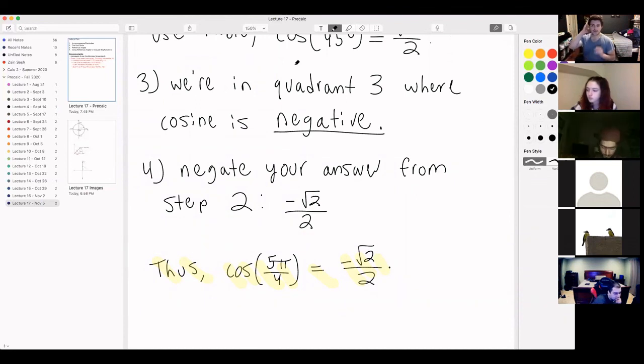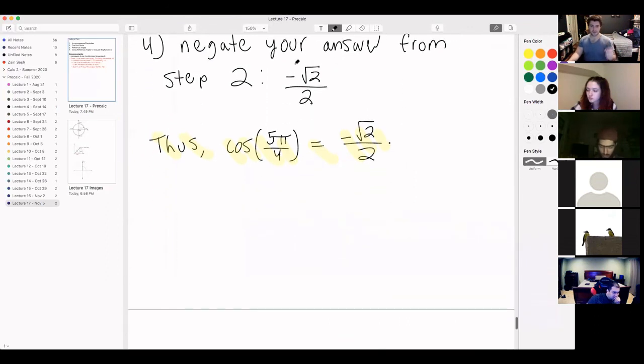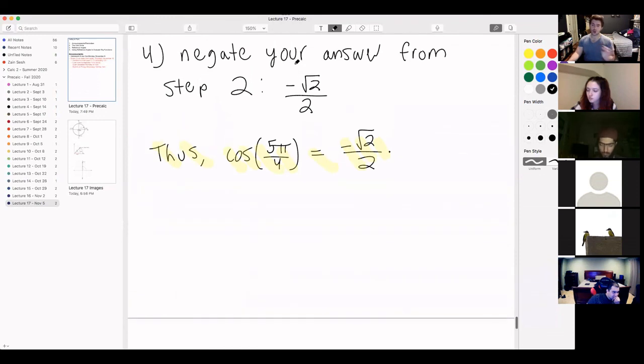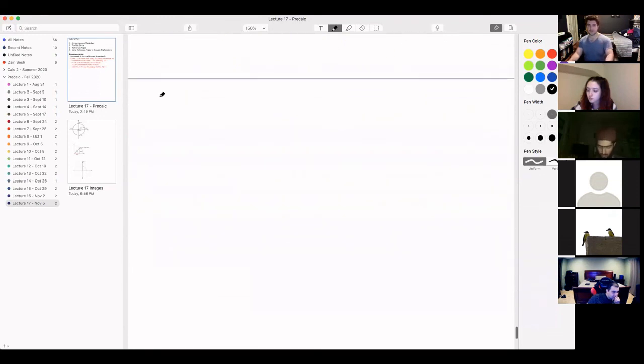Okay, so I have a few more examples. I'm going to move through them a lot quicker. I'm not going to do this step 1, 2, 3, and 4 kind of layout. I'm just going to move through them quicker in the interest of time. So please let me know if you have any questions. Okay. All right, good. So we're going to now do